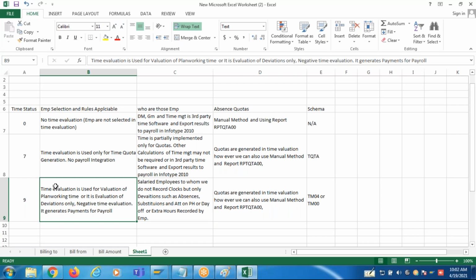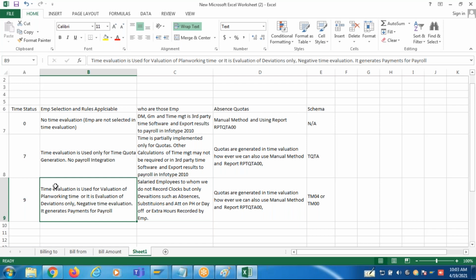If you work on Saturday and Sunday, which is usually a day off, or your manager asks you to come in on Saturday and Sunday and says, okay, I'll give you a comp for overtime, that is also a deviation. Deviation from the work schedule rule, right? Working on a day off, working on Sunday, holiday, etc. Those deviations have to be recorded. Otherwise, there is no way the system can identify whether you worked or not.